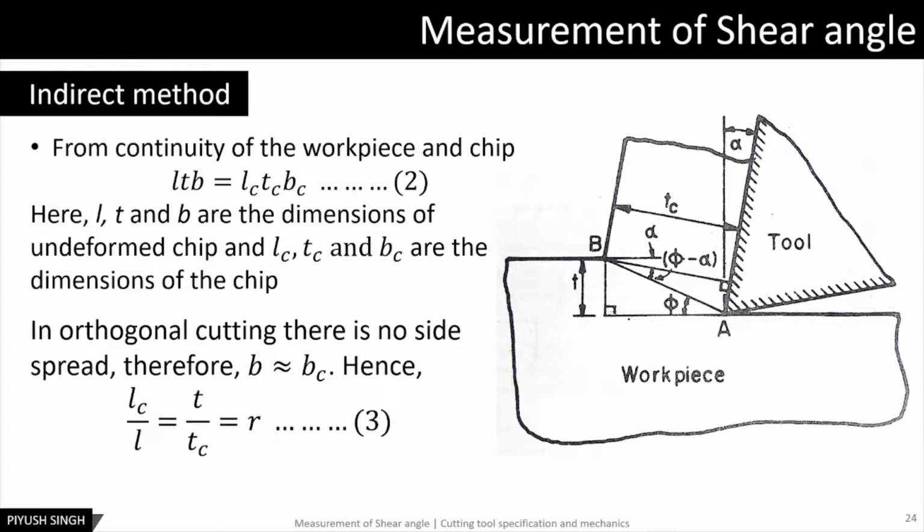Sir, here t is the feed only, right? Yes, if you relate it to the figure that you saw in the earlier slide, this t is equal to the feed of cut. If we convert the turning operation into an orthogonal cutting operation, in that case the feed is equal to t, that is the uncut chip thickness. The depth of cut is equal to the width of the cut. Is it clear to everyone? Okay, let us proceed.